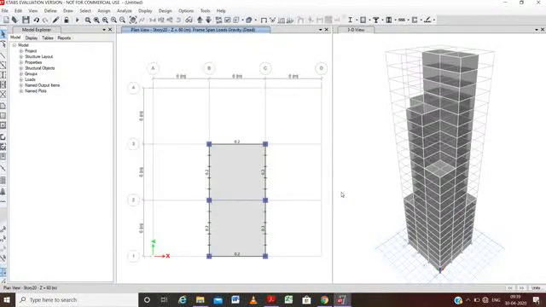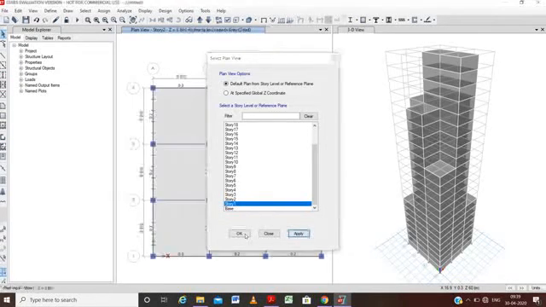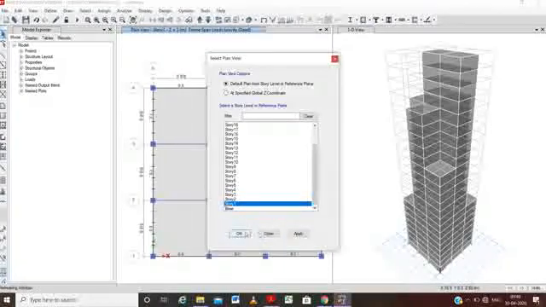Now before assigning the wind load, we have to understand that the wind load will act on different types of surfaces here. So we have to take into account all the surfaces. For this, first of all, we'll go to a plan view. We'll go to story 1 and just apply. Just OK.